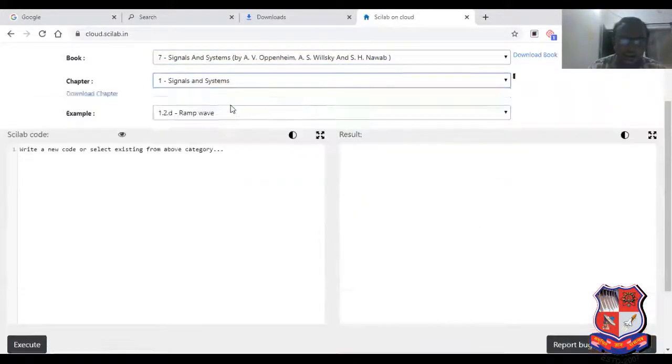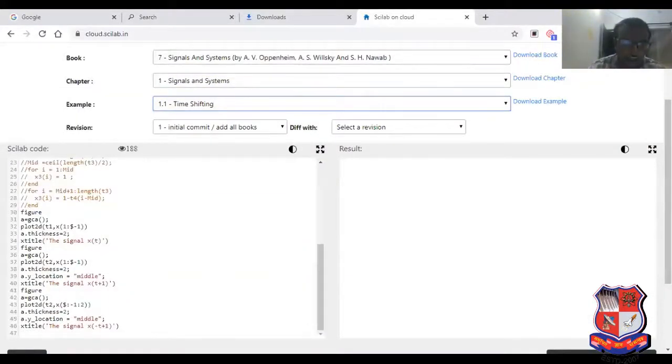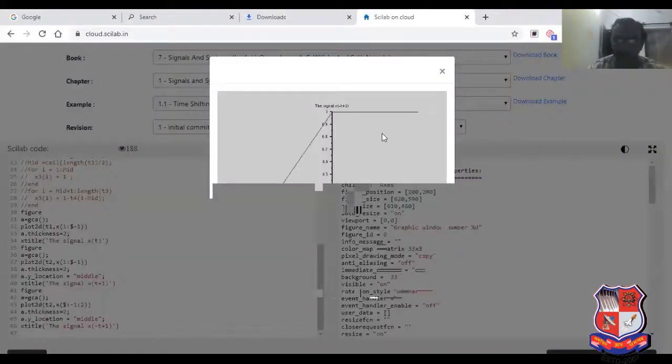See this, signal and system, time shifting operation. This is the code of time shifting operation, x of minus t plus 1. I have highlighted this. See this, x of minus t plus 1. So please try to understand with the help of the online link, you will be easily able to understand. So try to note down that link. So in the next lecture, we will discuss the fundamental concept of system.